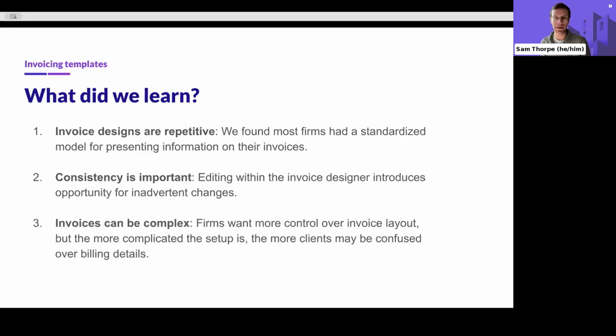It needs to have the same elements across from one project to another with the same client, from one invoice one month to the next month. And we wanted to make sure that there was limitations on the risk of inadvertent changes to what that standard layout should represent. And then last but certainly not least, and probably the most important one that came out of